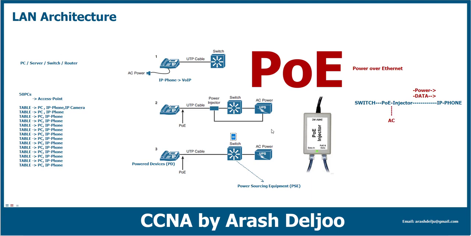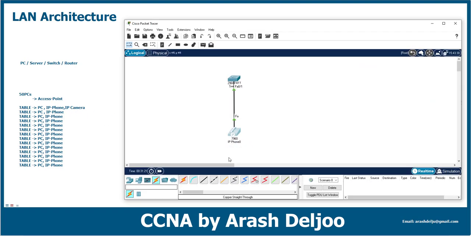Because of that, if your switch supports the PSE, or power sourcing equipment, you can use, for example, the UTP cable to send both power and data to the IP phone. The IP phone is the powered device, or PD. Also, the IP camera is a PD, the access point is a PD. Let me show you. Look at here. Here, the 2960 switch of Packet Tracer doesn't support the power. This is not PoE. This is not PSE. Okay, you know it. In some cases, maybe in the other types of the 2960